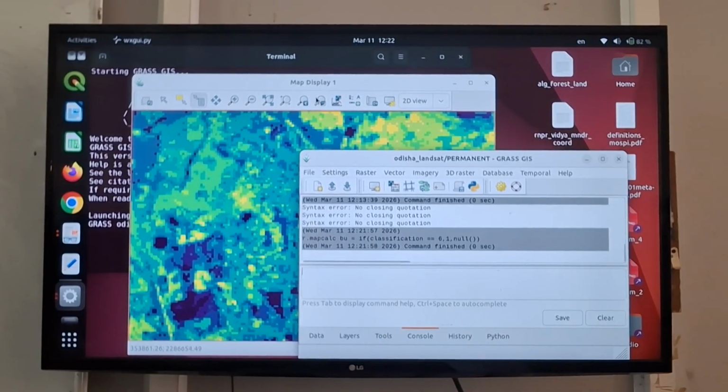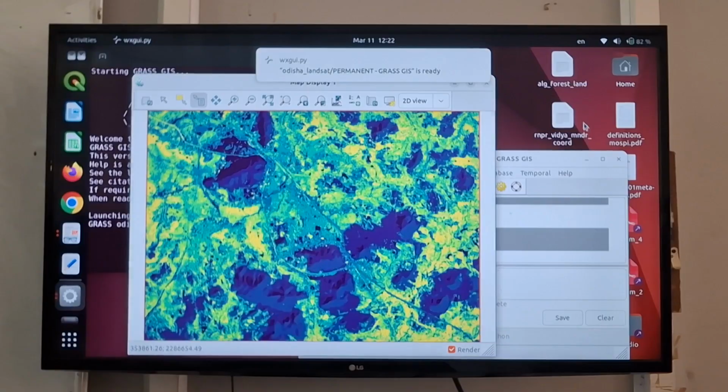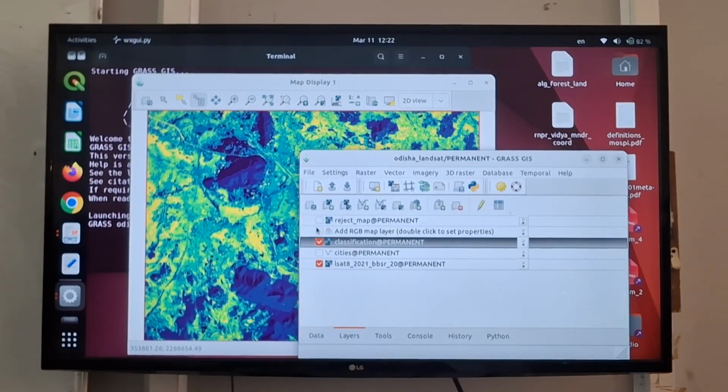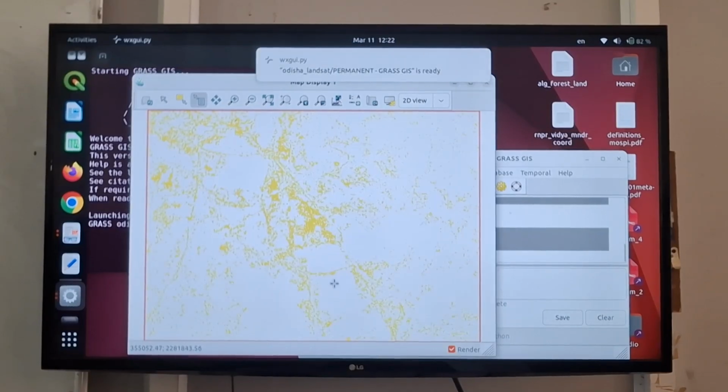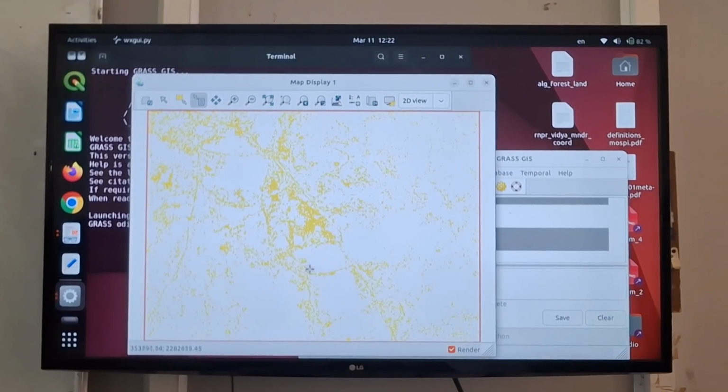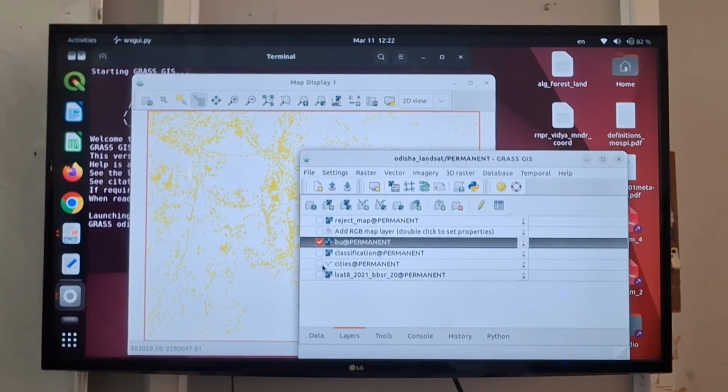So in order to visualize BU, let me turn everything off. And I will say d.rast display raster BU. And yes. So probably it has identified a lot of the built-up area correctly. Probably it has also given other built-up area. So in order to see it overlaid, I can now open